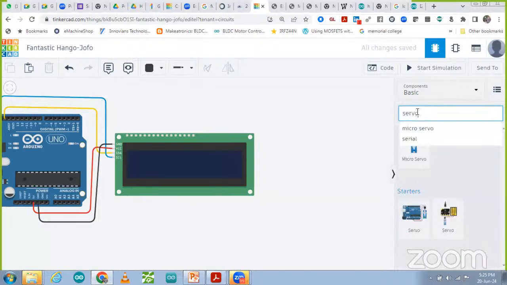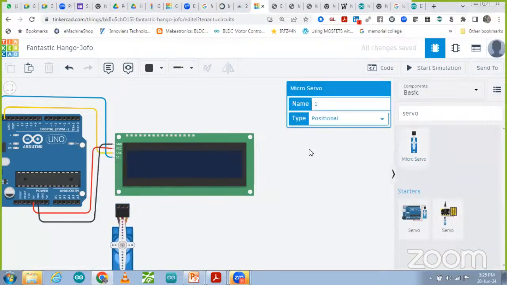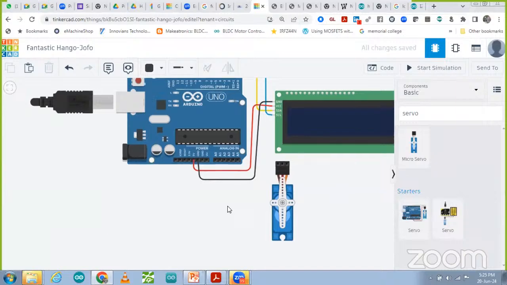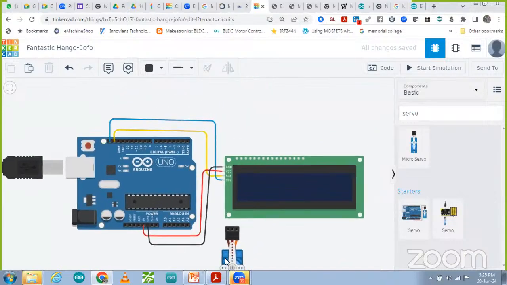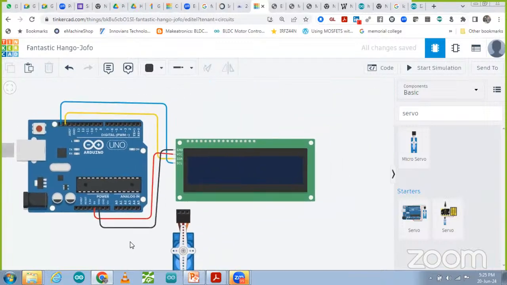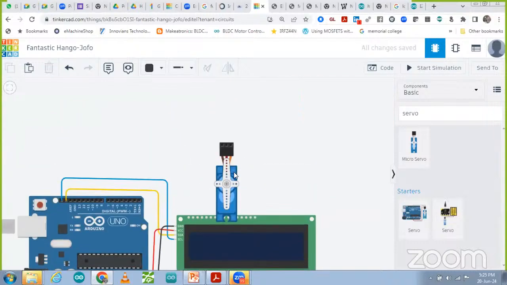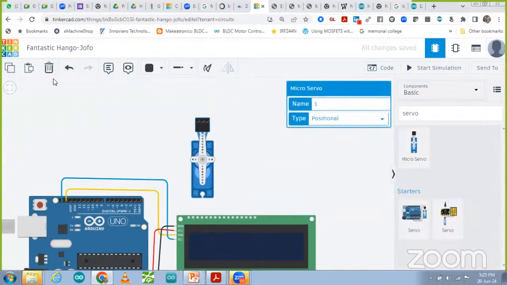So servo, you can search it, and based on the servo, you can rotate the angle. How much angle you want to rotate, you can do using servo motor, and that angle you can display on the LCD. So based on that, many projects you can make. Just suppose you want to make your curtain smart, that also you can do using this one. So what I'm going to do is rotate it like this,